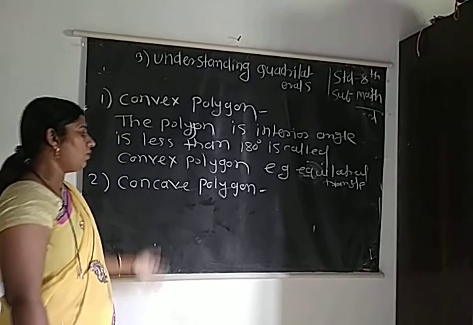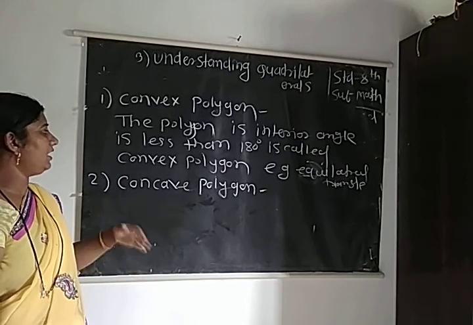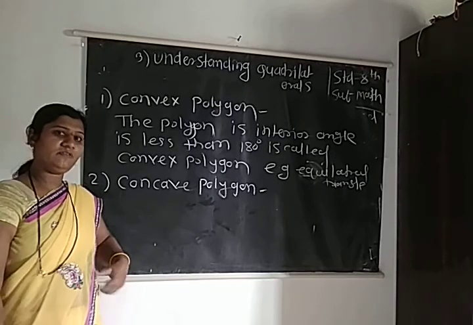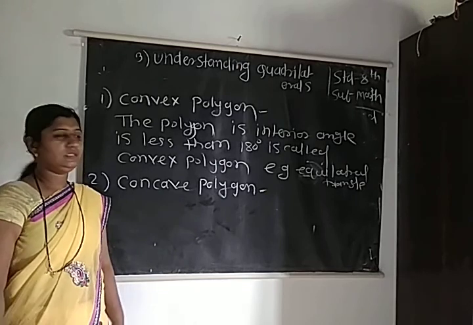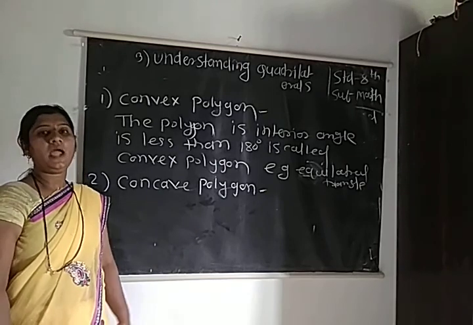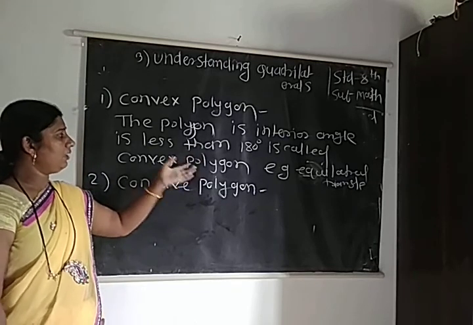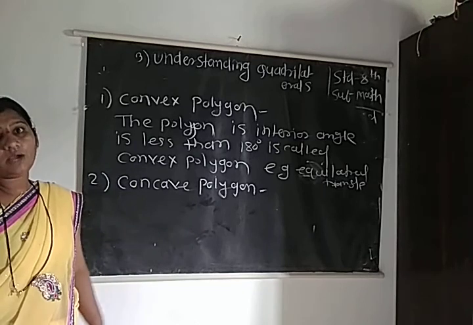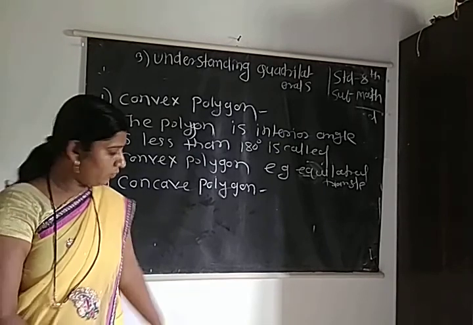Okay, now the concave polygon. So what is meant by concave polygon? The polygon whose interior angle is not less than 180 degrees. Otherwise, the remaining ones, what are they? Concave polygon. Now this is the point of convex polygon and concave polygon. What are concave polygons? Polygons other than those with angles less than 180 degrees are concave polygons. Okay, now let's see the next point.